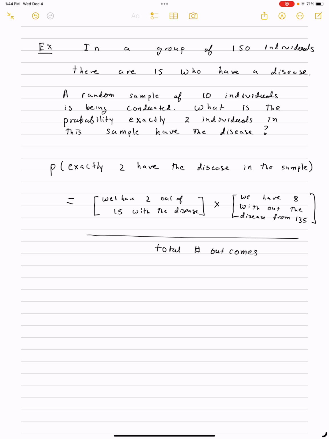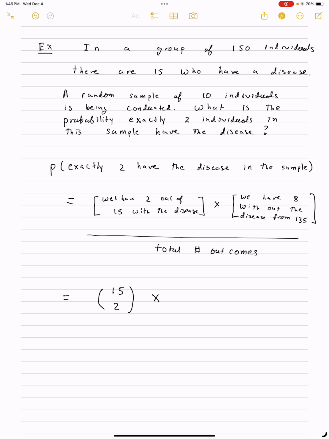Okay, now I'll go through this just verbally here. So we have 2 out of the 15 with the disease. It doesn't matter whether you're the first person selected or the second person selected. If you have the disease, the order doesn't matter. So order doesn't matter. That must mean we're dealing with a combination. So we have 15 choose 2 ways of getting 2 people with the disease. Again, it doesn't matter whether you're first or second, so that's why we have a combination,